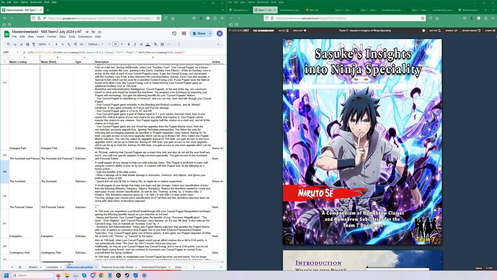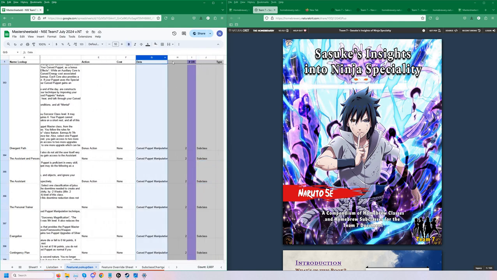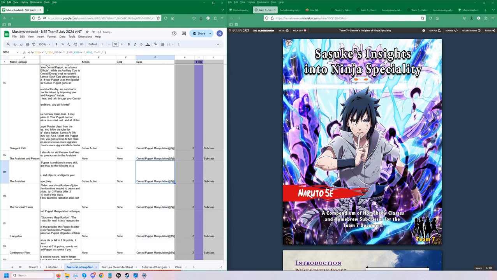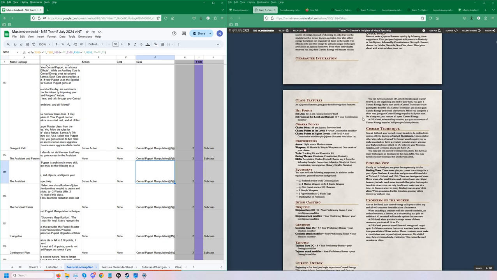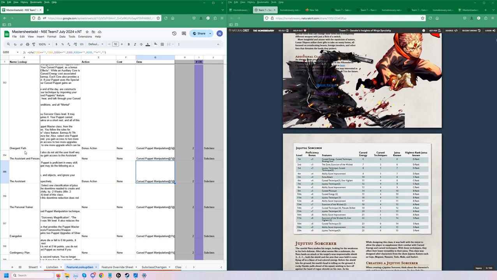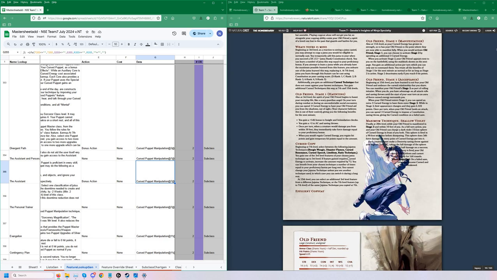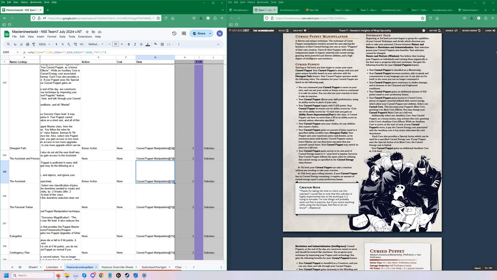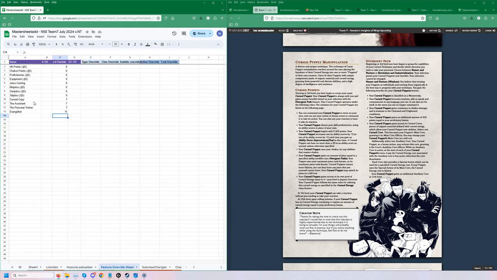So, for me to be able to check it, I go through looking at column G and make sure that the display for data shows the correct level for each thing. And I compare that against the book. So in the book, if we look at Ninjutsu Sorcerer, I've started a little bit down on this. So I'm currently looking at Cursed Puppet Manipulation. We'll see that if I remove the recent work I just did,